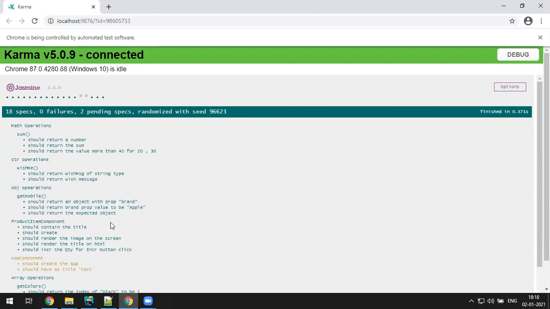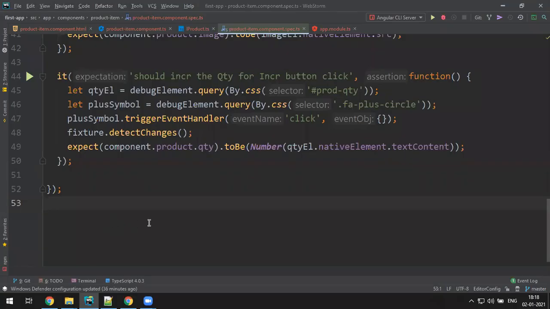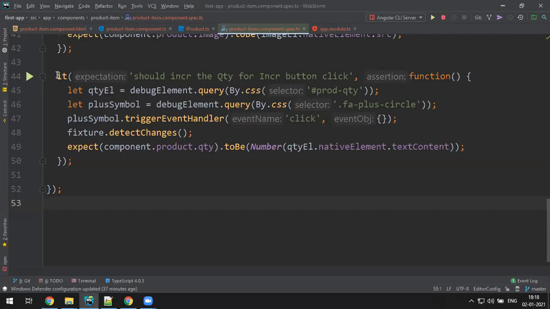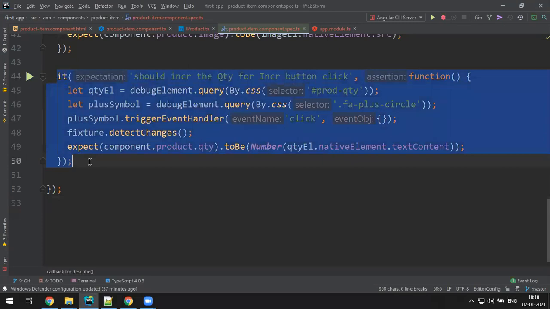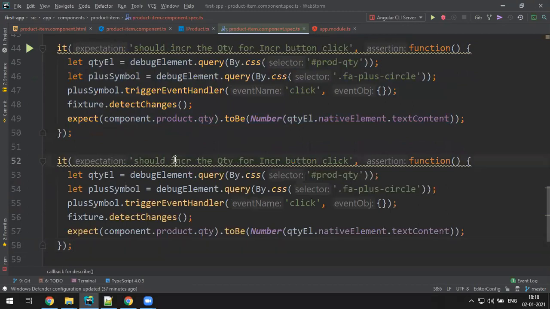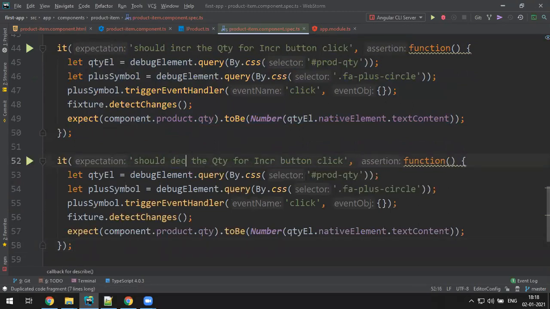Okay, that's fine. And next, same setup. I want to decrement the quantity. When I click on the minus symbol, I want to decrement the quantity, right? So you can just copy this and paste it. It should decrement the quantity.